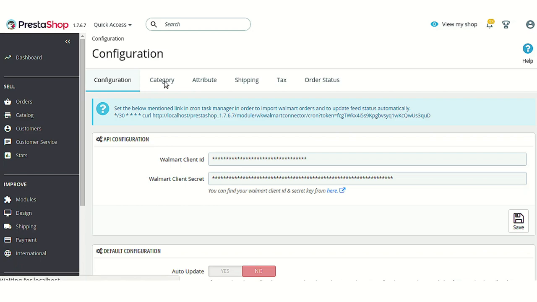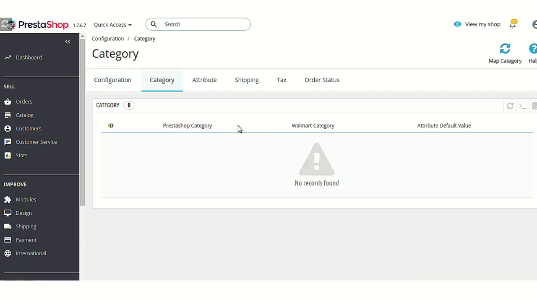Now the next option is category. On clicking the category, a page will open. However, it is just taking some time, so we will wait until then. As you can see, on clicking the category, still no category is mapped here, so no list is available. And as I already said, we are using a live key, so it's just not feasible to map and save now, but I'll show you how you can map the categories.